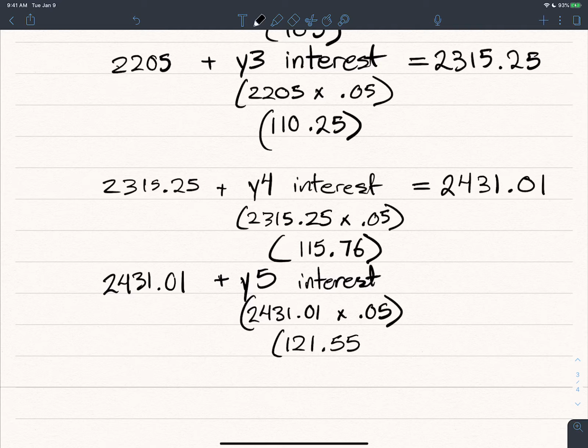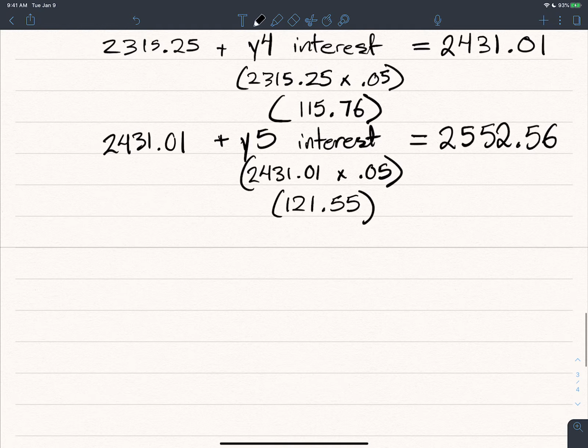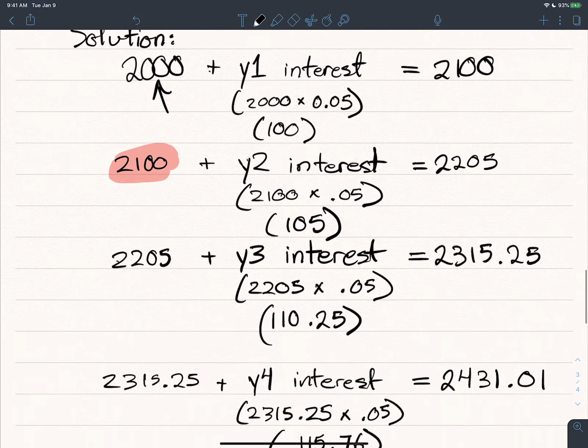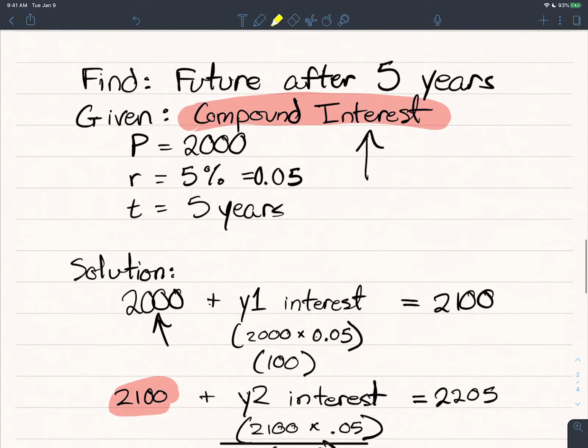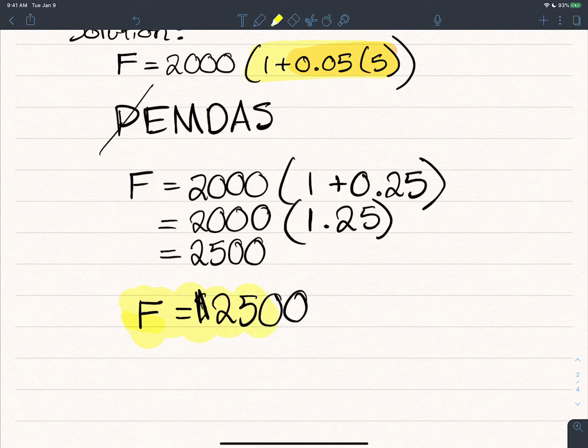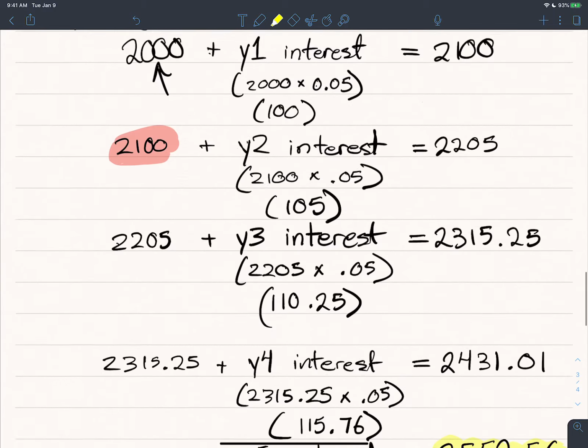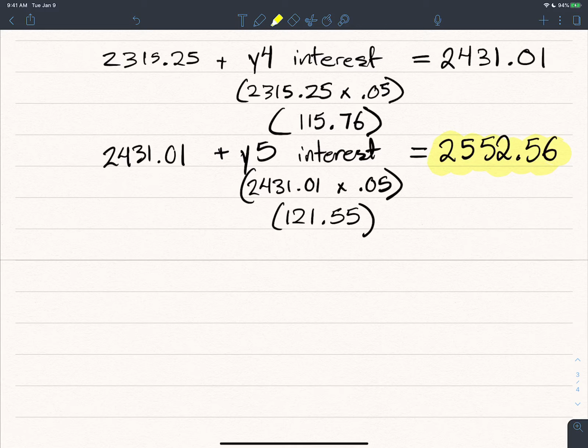Okay. So after the 5 years, we end up with a total of $2,552.56. Right? And that is what Afia owes Tanae after the 5 years. And we can see clearly, comparing this amount to our previous amount when it was just simple interest, you can see Afia is going to pay an extra